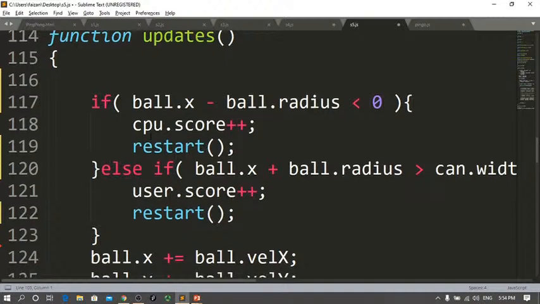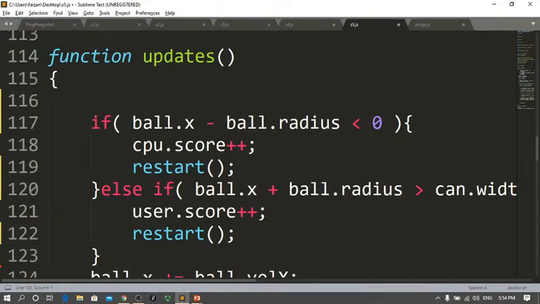So basically, now if the ball's x position, when we subtract the radius from it, right? Because we know whenever we are trying to calculate in the x direction, we have to remove that radius, right? So if it's less than that, that means whatever is happening, it is happening to the CPU score, right? So that's why we